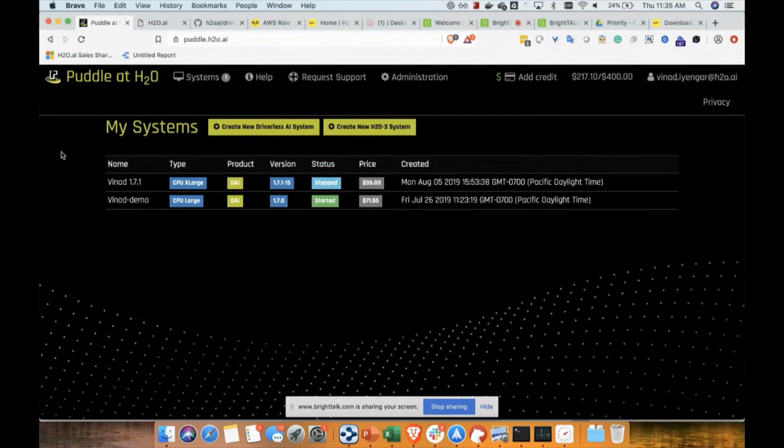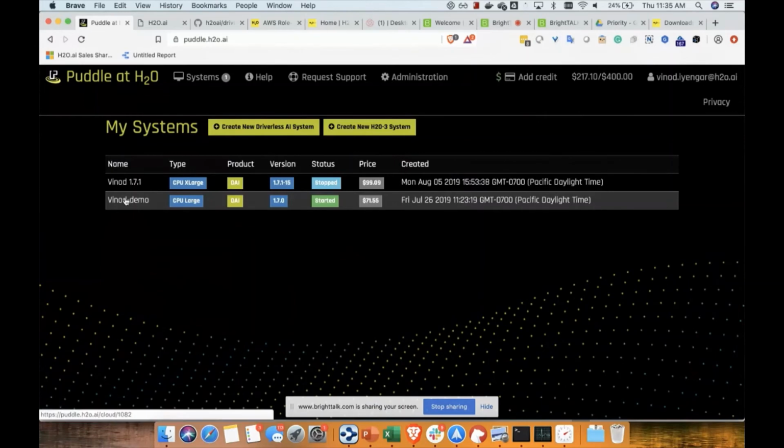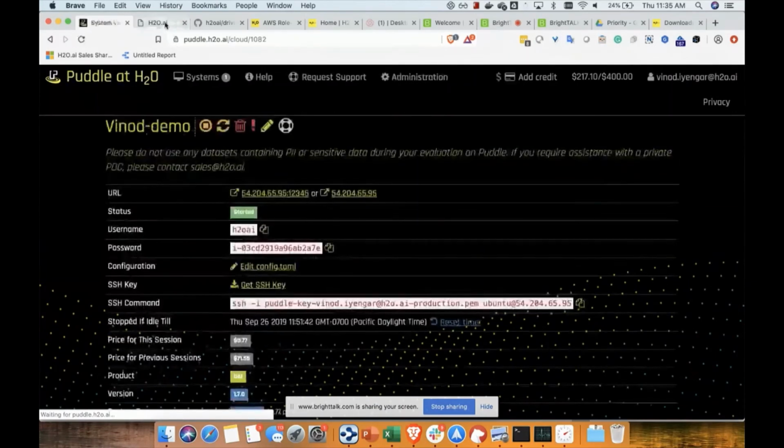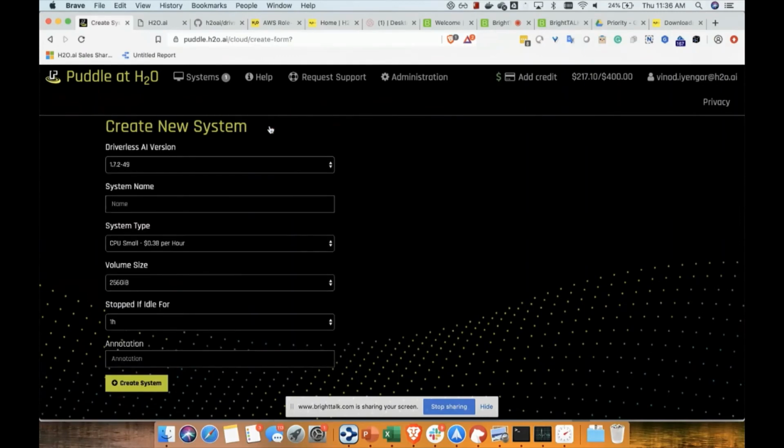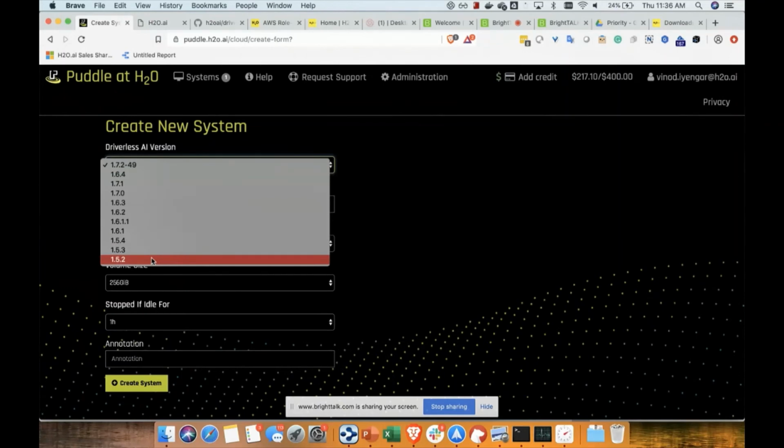I can pick the version of the software. All the previous versions are also available. This is really neat because as an IT DevOps person, you can make available all versions that are supported in your organization, so the data scientists can go back and forth if they need to. It's very easy to spin up an instance, shut them down, go back and forth. Once you pick an instance, you can give it a name. So I can say, let's say, Vinod